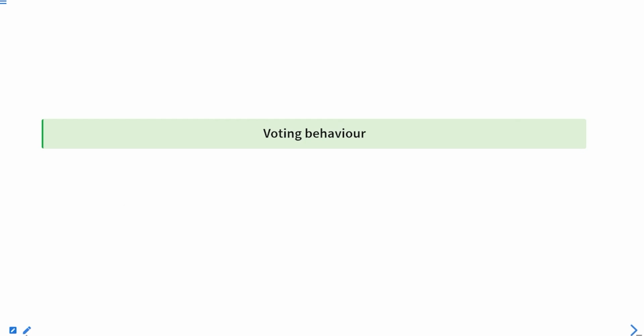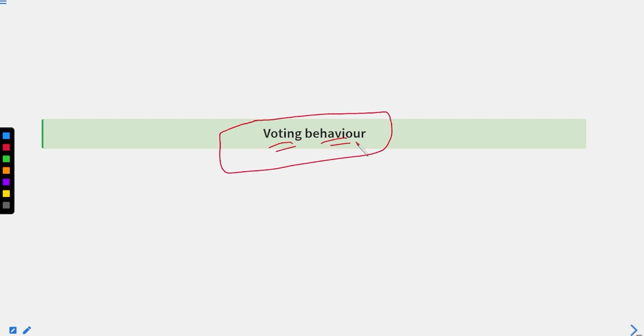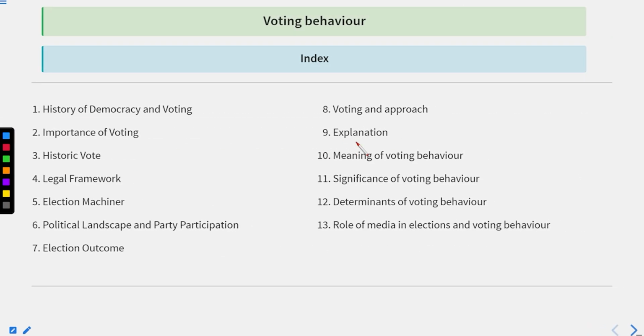So students, as we know, we are covering voting behavior, the topic on which we have been discussing. All right. And basically, if we talk about the topics that we have scheduled for the discussion under this particular series, they are the history of democracy and voting, importance of voting,